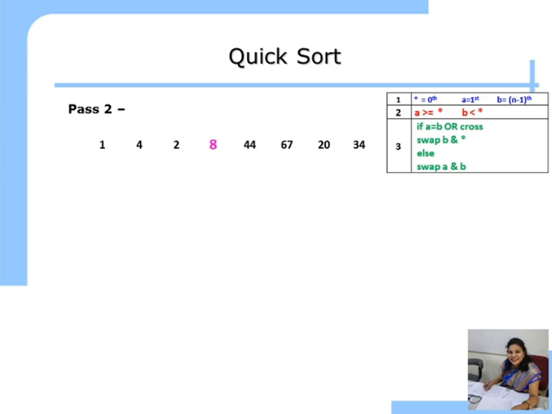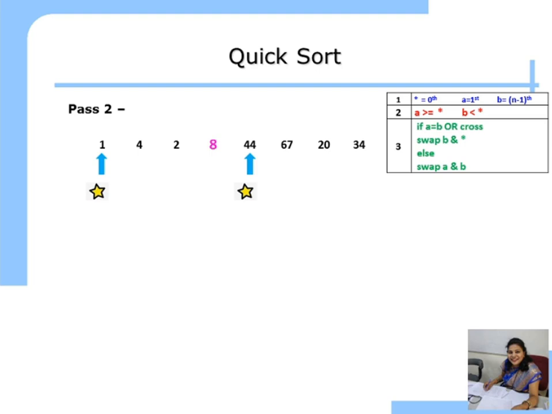In second pass, we will not consider the 8 since 8 is now sorted. So we will consider, since there are two lists, we have two pivots. In left side of list 142, the zeroth element is the 1. So this is a pivot, and in this second list 44 is a pivot. These are now two separate individual lists. So there are two pivots. If there are four lists, we have the four pivots.